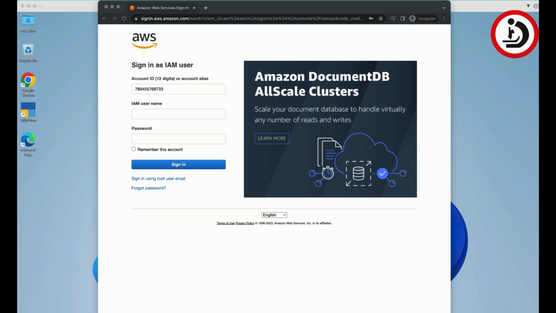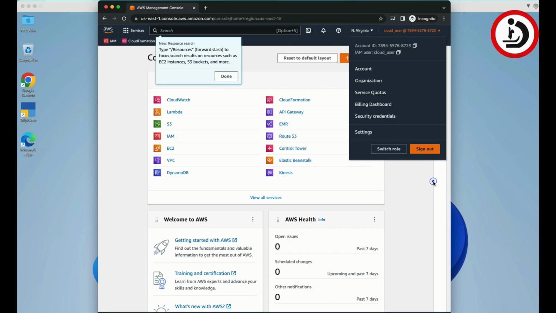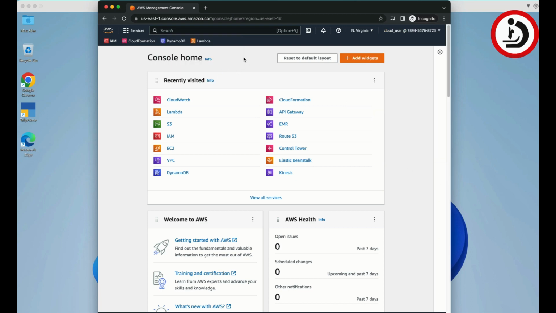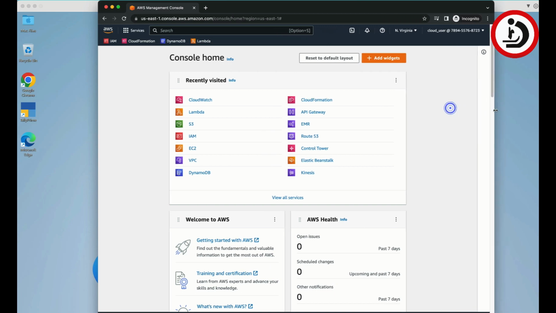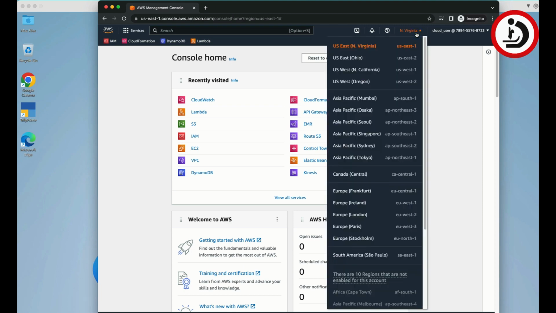Let's get on to the AWS Web Console by using our username and password, and then let's sign in. Okay, let's hit this. Thank you AWS for all the help that you are trying to give, the tips that you are suggesting. Well, we are on the AWS Web Console, and we are seeing that right now we are using the US East N. Virginia, that is US-East-1